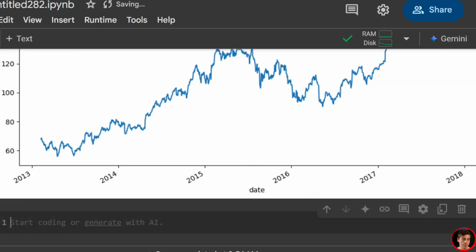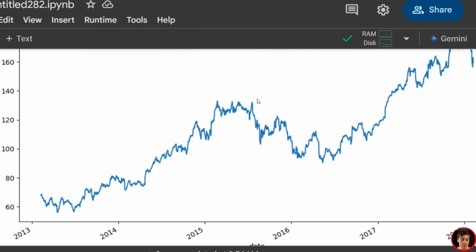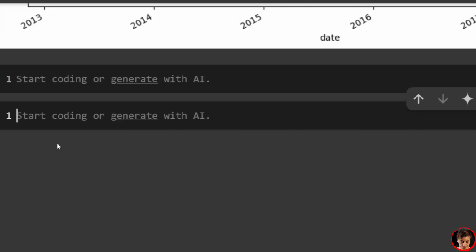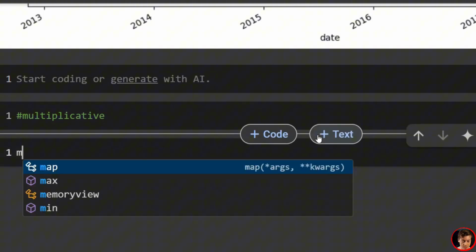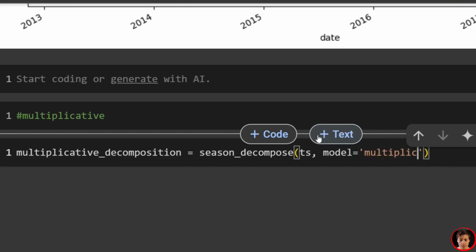Okay, so what I want to do first is look at a multiplicative decomposition. You can see that this grows quite a bit on here, and I think it could be a good start. So multiplicative, and let's get going on this side of things. We'll say multiplicative_decomposition equals seasonal_decompose, then pass in our time series, so ts. Then we want to set our model, so model equals multiplicative, and then you want to set